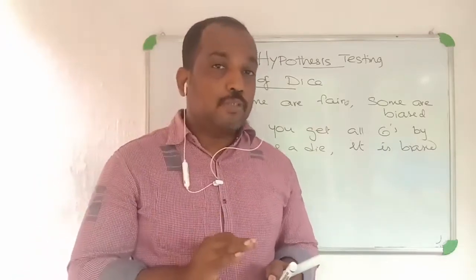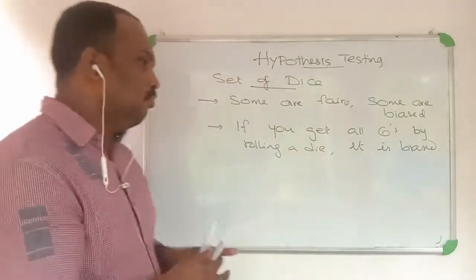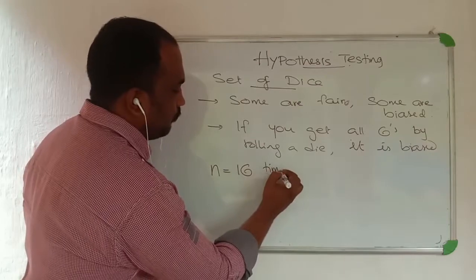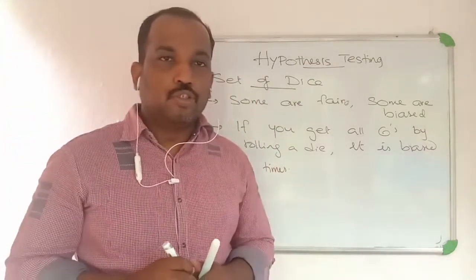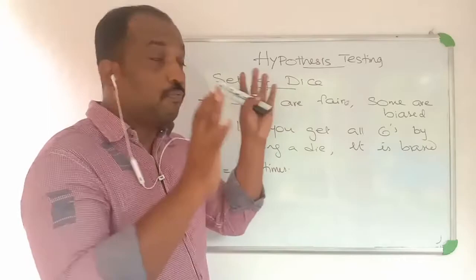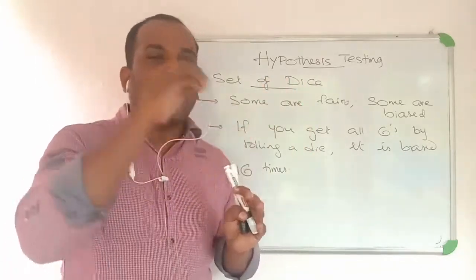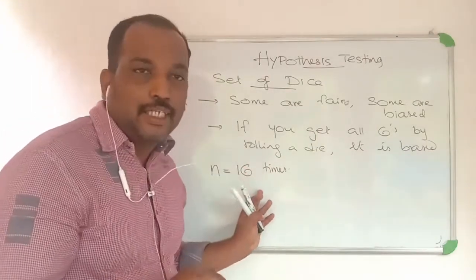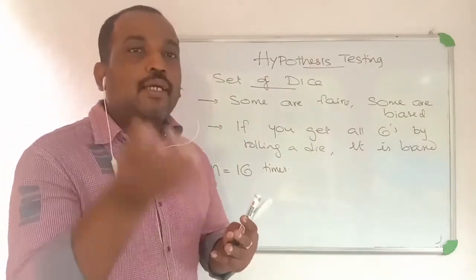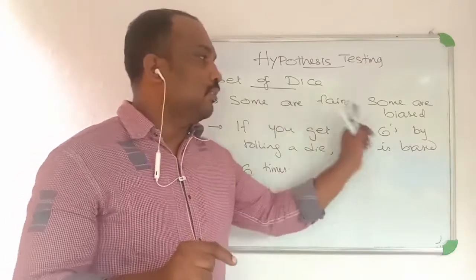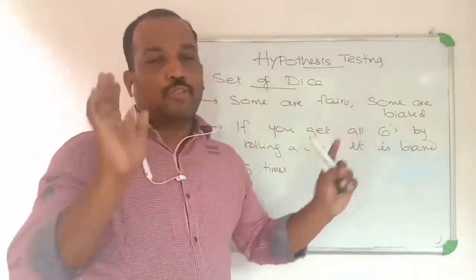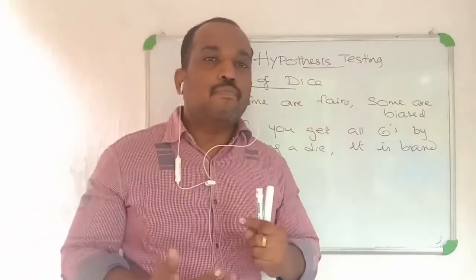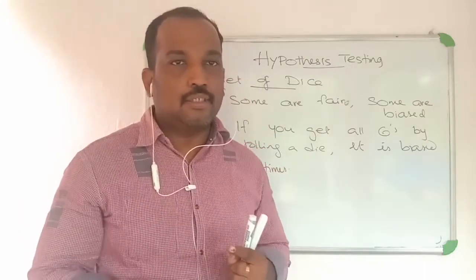So how many times do we have to do the experiment? Let's fix that. Suppose we are doing the experiment 16 times. Here we have a set of dice. Among the set of dice, we have selected one die, and we are doing the experiment 16 times. The experiment is to throw the die and check whether your result is 6 or not. If you get maximum results as 6s, then the die is